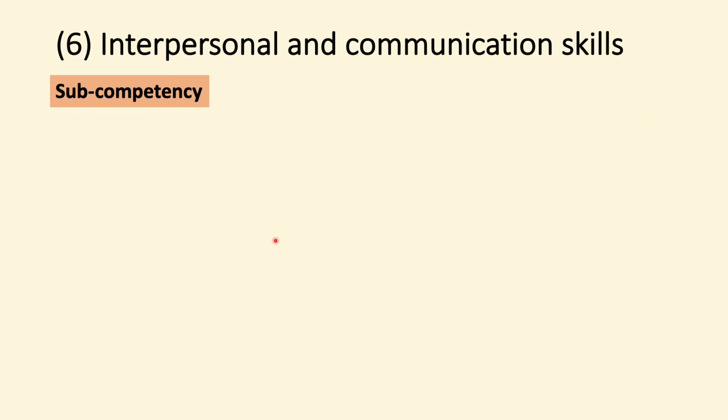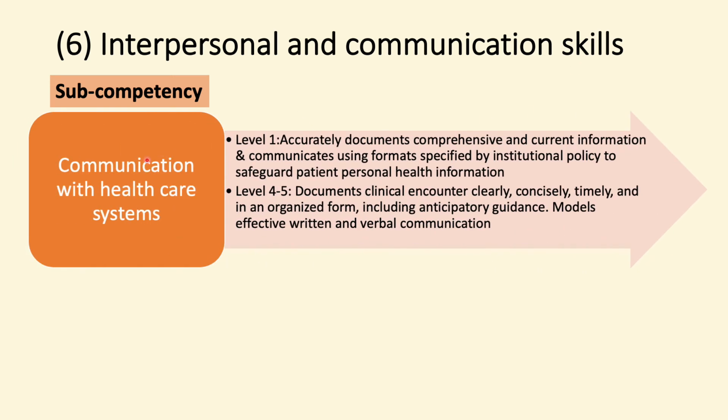So the last subcompetency under interpersonal communication skills is communication with healthcare systems. That's mostly the charting, the electronic health record, and keeping and maintaining your notes. So hopefully the resident will be able to move from level 1, when they can accurately document comprehensive and current information, and communicate using formats specified by institutional policy to safeguard patient personal health information, or PHI,